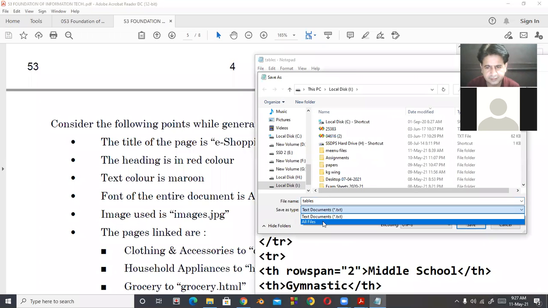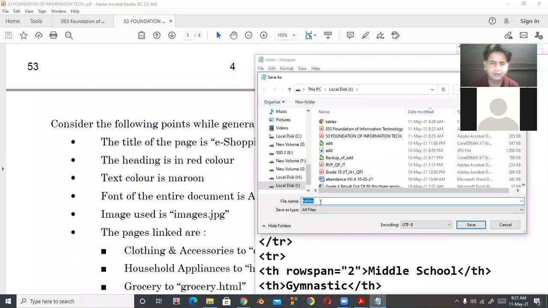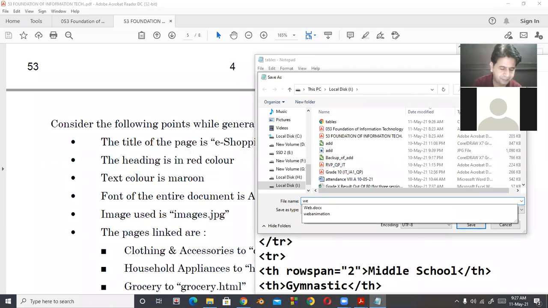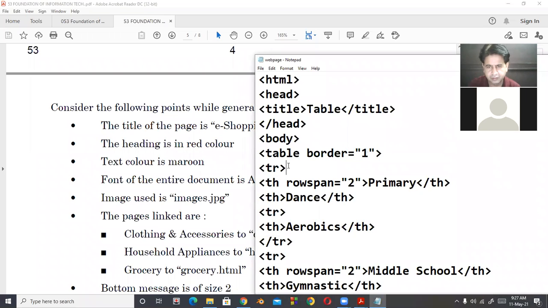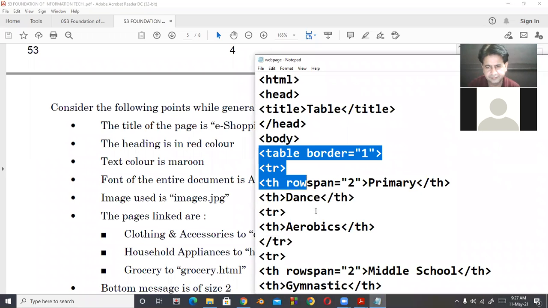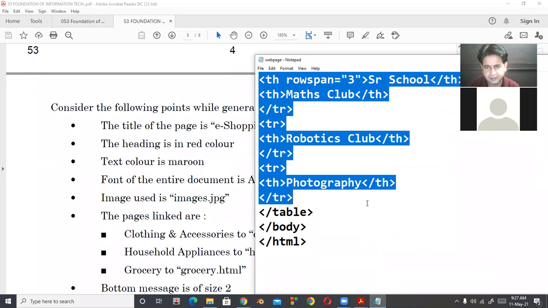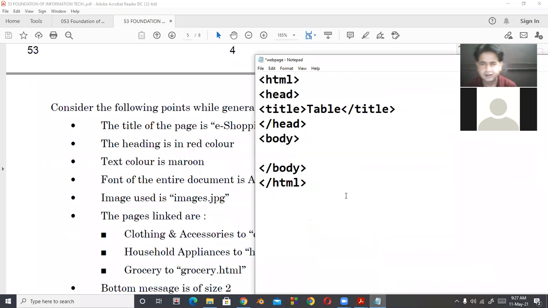So I'm saving the web page as webpage.html. Now in this, title of the web page is e-shopping. This is given.